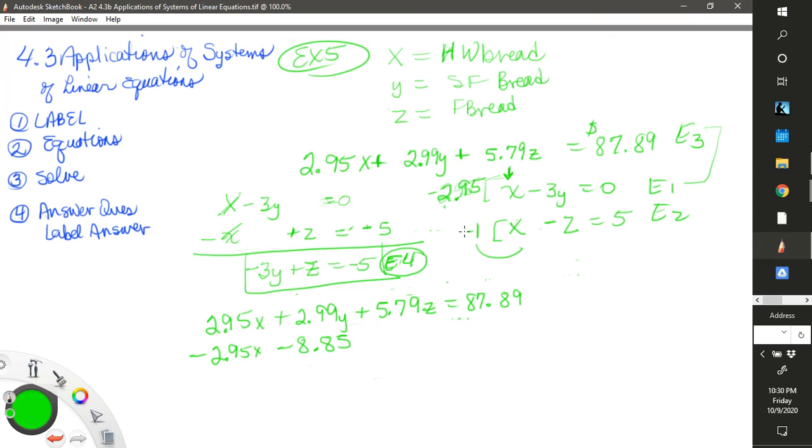And a negative 2.95, oh, that's a y. And a negative 2.95 times 0 is 0. These two cancel, and 2.99, 5.86y, it's negative, equals 87.89. We'll take 87.89 and divide it by 5.86, and we get